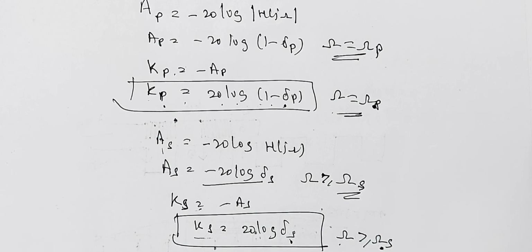In the next class, we will discuss the different types of filters. First, we have discussed the specification of filter. That is, up to a certain frequency, there is a gain, pass band gain. After a certain value of frequency, there is no gain. Gain becomes zero. Stop band gain. Between pass band and stop band, the gain is not considered. That is, transition band is not considered.